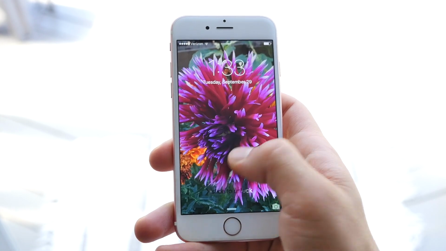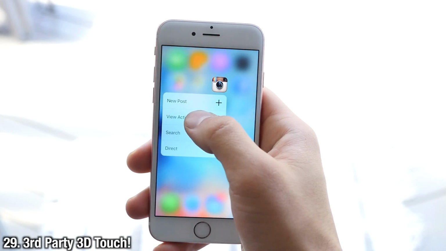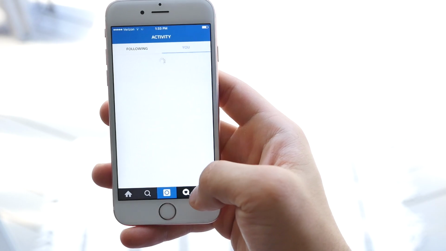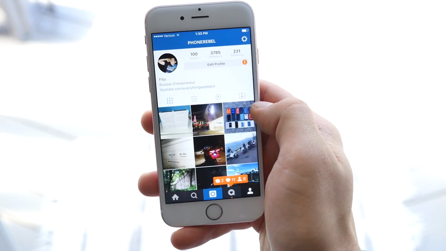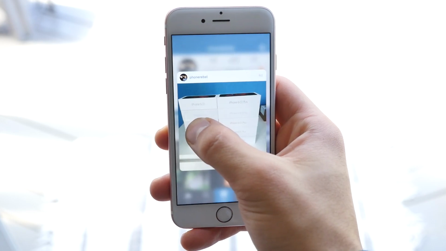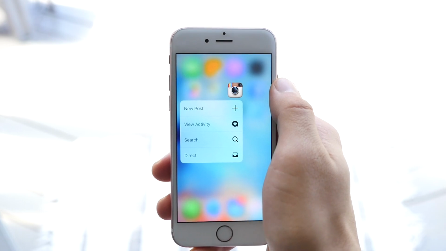And the last one I wanted to mention is the biggest. 3D touch is available to developers. So many applications are going to start implementing 3D touch into their applications. Right now it's pretty limited. I mean, there's a few big applications that use it, but as time goes on, we're going to be seeing a whole bunch of more uses for it, especially in games, and I cannot wait to see the potential this